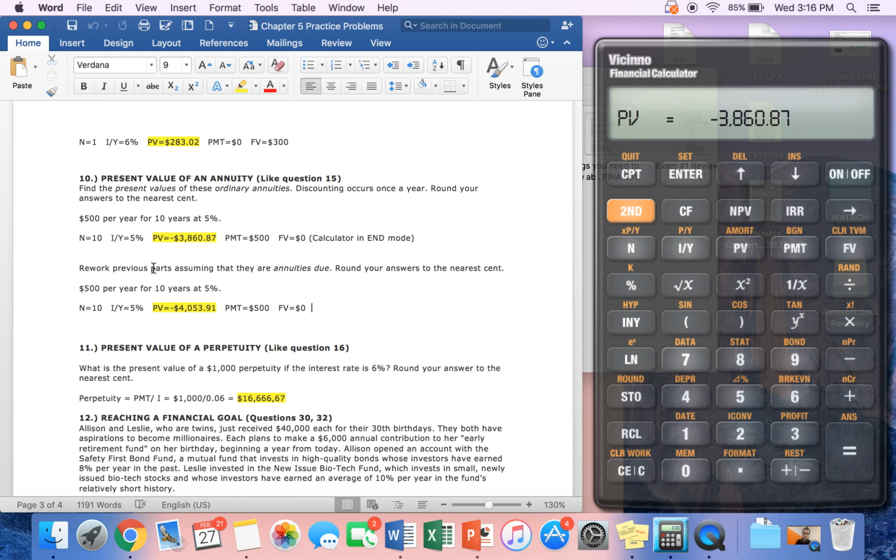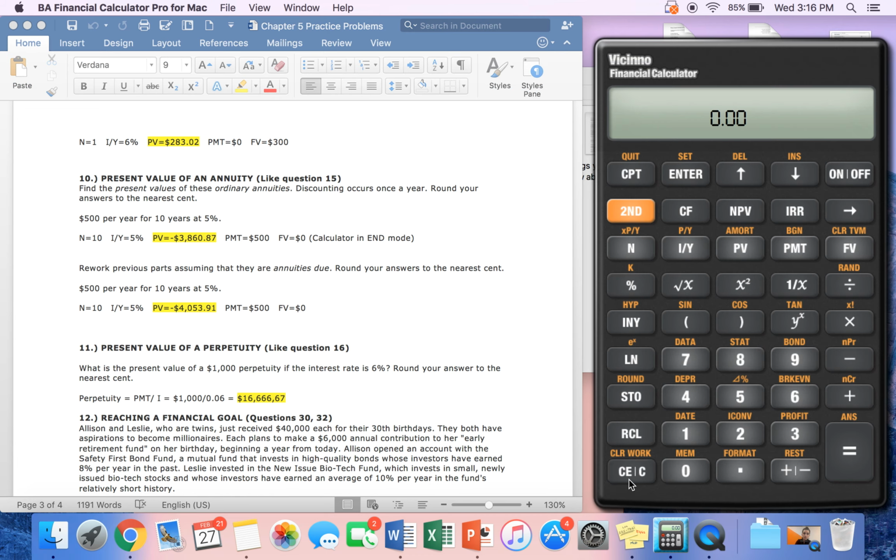The second part of this question though says rework the previous parts and assume that they are annuities due. So an annuity due means that the payment is happening at the beginning, and so therefore we need to change our calculator into beginning mode. So we would go ahead and click second payment, second, and click clear, and now we are ready to calculate an annuity due. So here, same thing, all the same inputs,